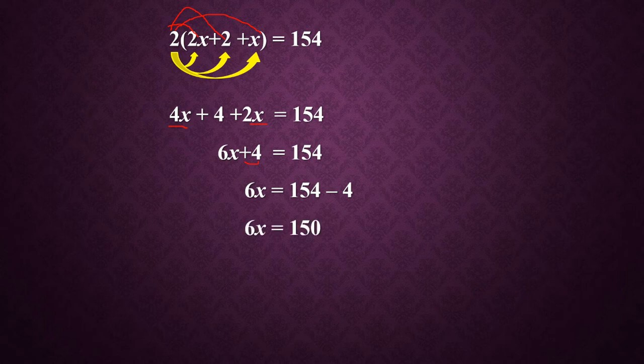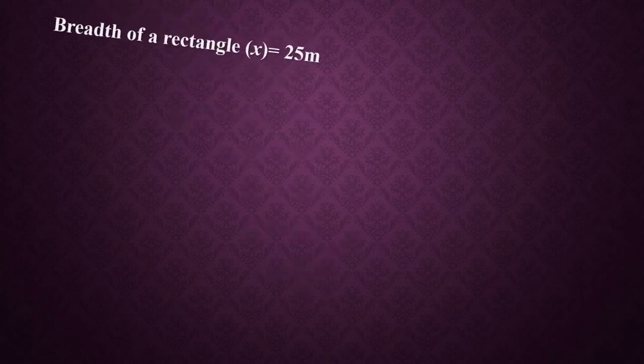We have to find the value of x only. So here x with 6 with multiplication is there. So this 6 you have to transpose to the opposite side. Multiplication on the opposite side will come as division. So x equal to 150 divided by 6. Now you can cross the number. 1 6 is 6 and 2 6 are 12, remaining 3. So that is 30. So 5 6 are 30. So x value is 25.